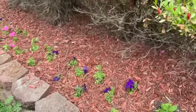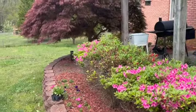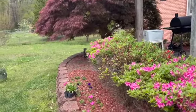So I want to stand back really quick because I really do think that when it's all said and done, this will be a nice array of color